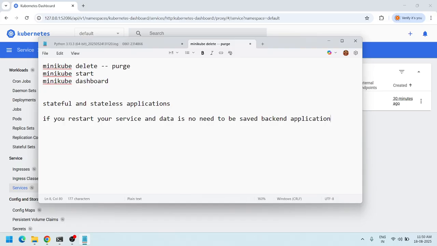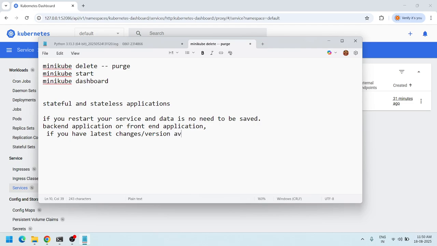Say, for example, you are running your backend application or front-end application, and you have a new release, a latest version available. Okay, so if you have a latest version available, what you will do, you will upgrade the version,